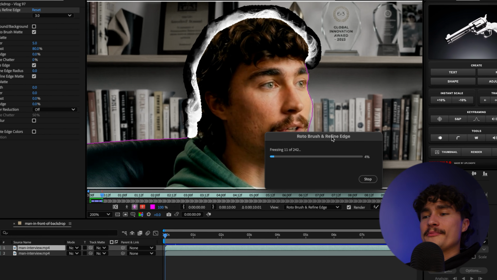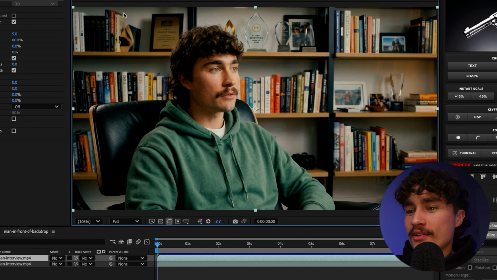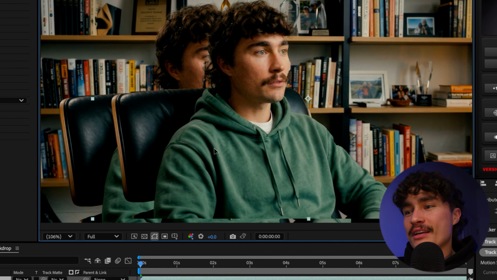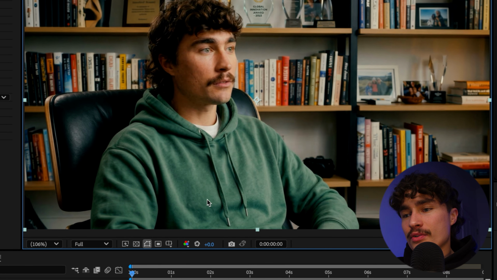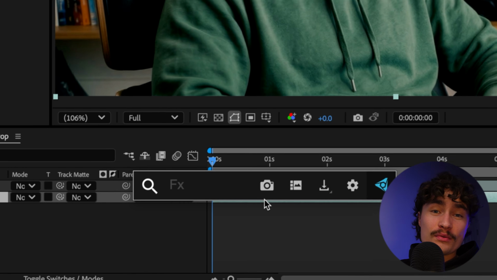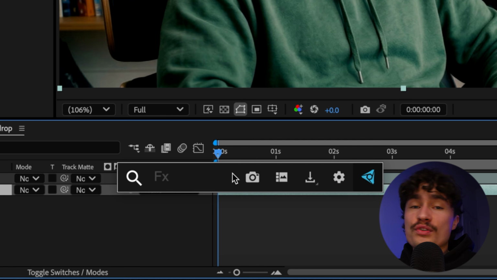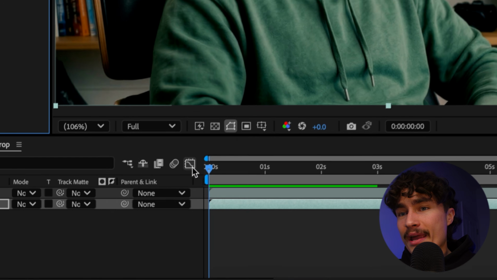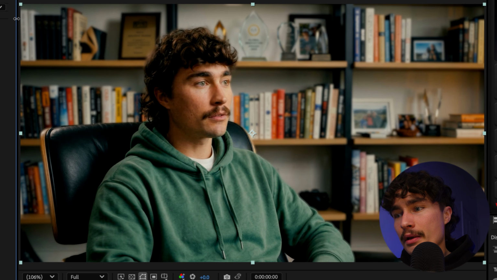And then if we give it a minute, so we go back to the composition, like we know before, everything looks the same, but we've actually got myself in the chair as a new layer. So if we select the lower layer, and now we can add a Gaussian blur effect to it. I would strongly recommend, if you don't have it installed, install FX Console. It's a free plugin. It just allows you to search for effects instantly. So if we add in Gaussian blur to the lower layer,